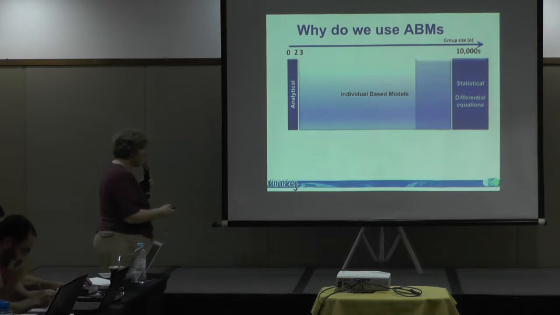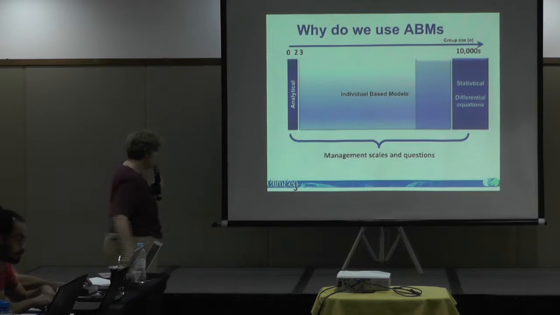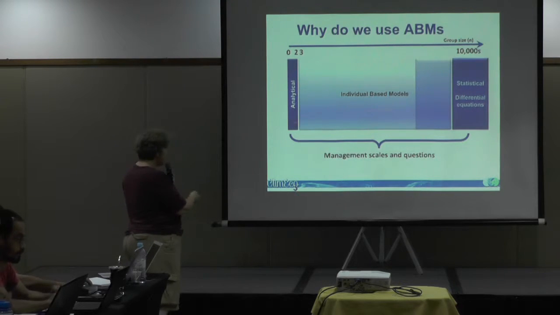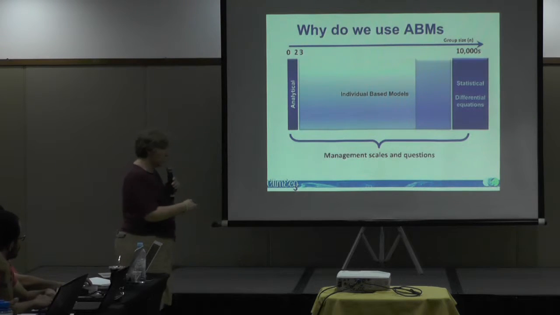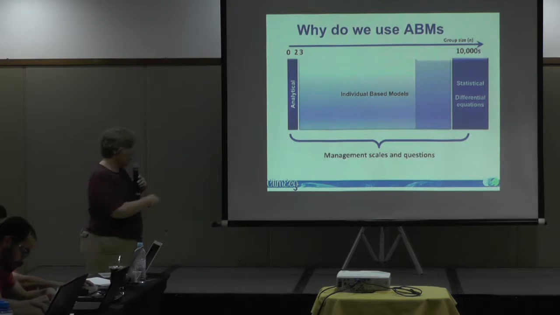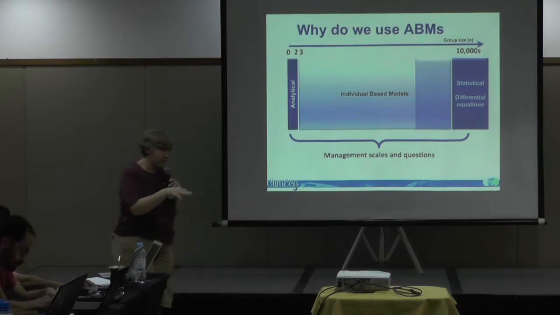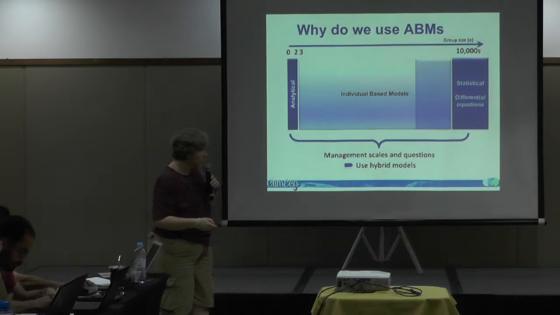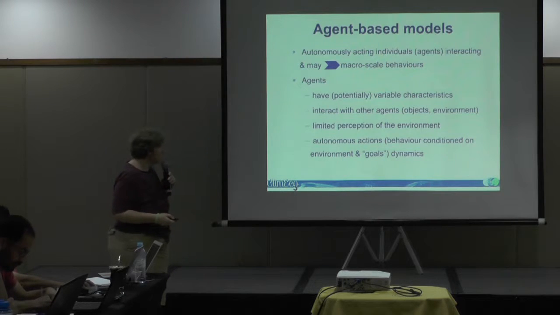So you can also have hybrid models where you stitch the different parts together. Management happens to work across all of those scales, and so that's why hybrid models are a good approach, because there's some parts of the question where classical approaches do work, some parts where it's purely an analytical solution, but there's other parts where you're in that fuzzy spot in between. So piecing them all together is a good way to do it.